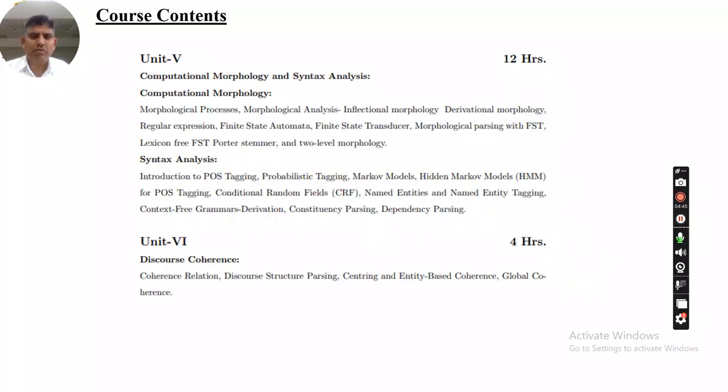Then unit number 5 is about computational morphology and syntax analysis. In computational morphology, we will study inflectional morphology, derivational morphology, and some regular expressions also we will study here. The second